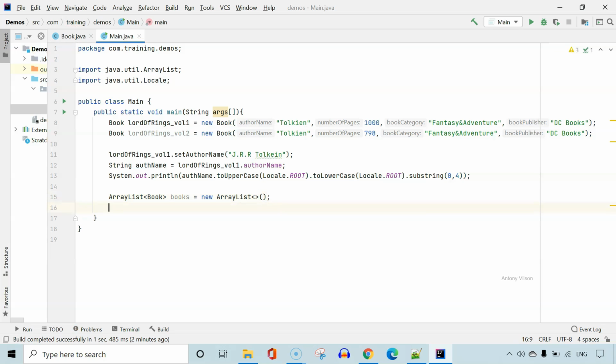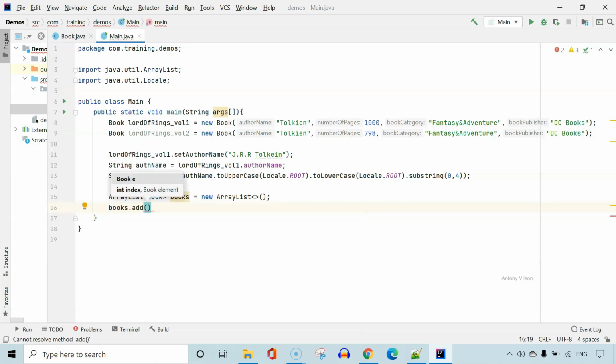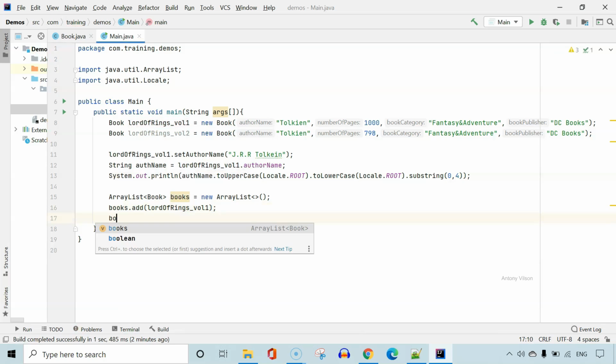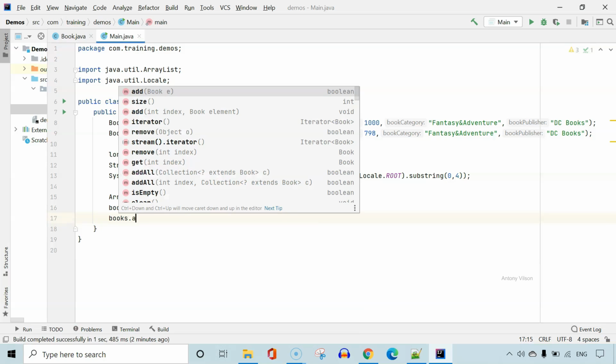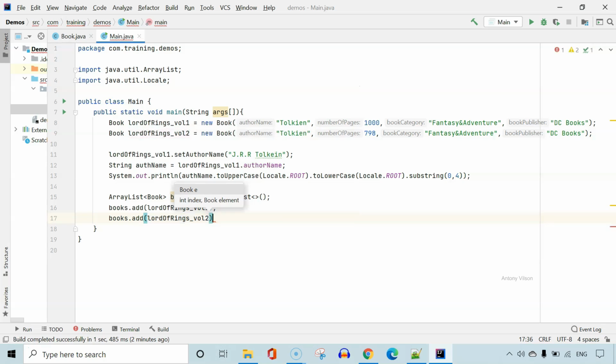Now we can add all these objects into this ArrayList, books dot add of Lord of Rings volume 1, then books dot add of Lord of Rings volume 2. See here, we have stored both objects into an ArrayList, and here we are specifying that this ArrayList will hold only objects of Book. So Java won't allow any other objects other than Book.